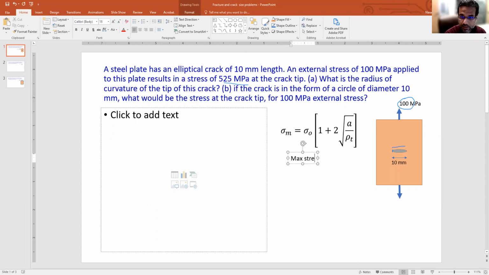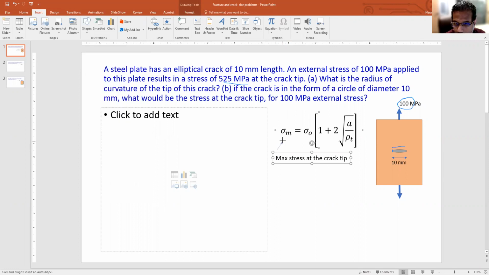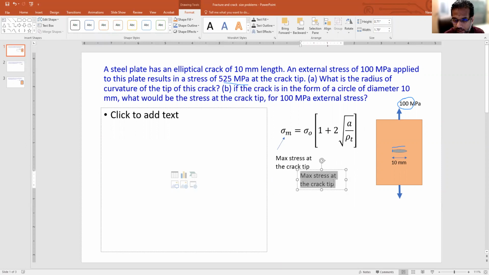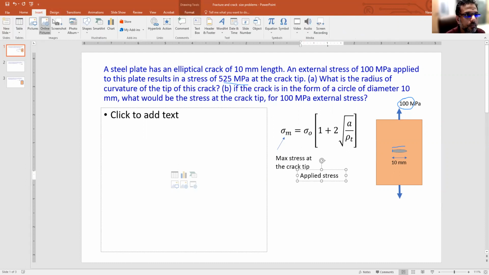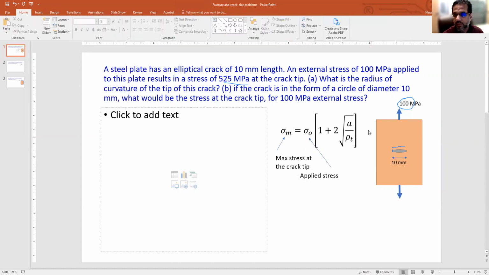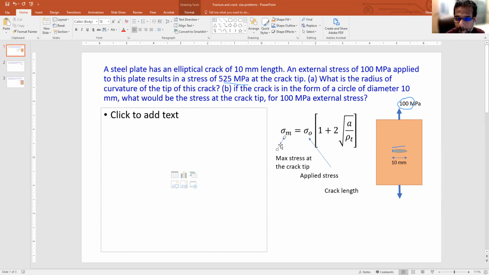So maximum stress at the crack tip, which is given by sigma max, this value is a function of the applied stress, which is sigma naught, this is your applied stress, and then the crack length, which is your A,